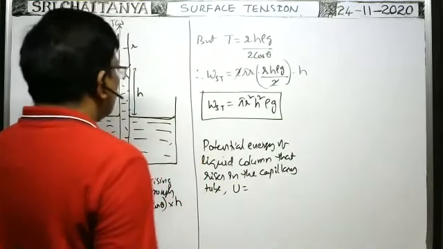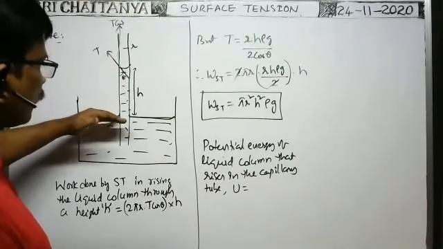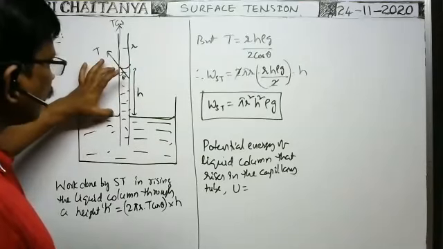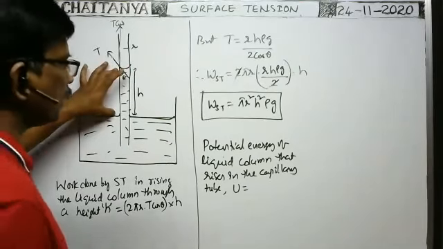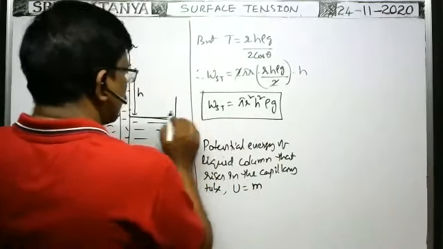U is equal to the mass of the liquid column that rises in the capillary tube above the liquid surface in the beaker. That is, the potential energy of the liquid column that has risen to some height above the liquid surface in the beaker. Mass of the liquid column that rises in the capillary tube above the surface of the liquid in